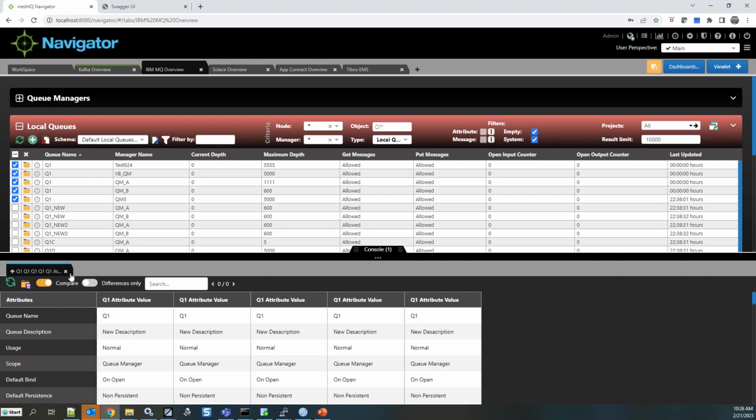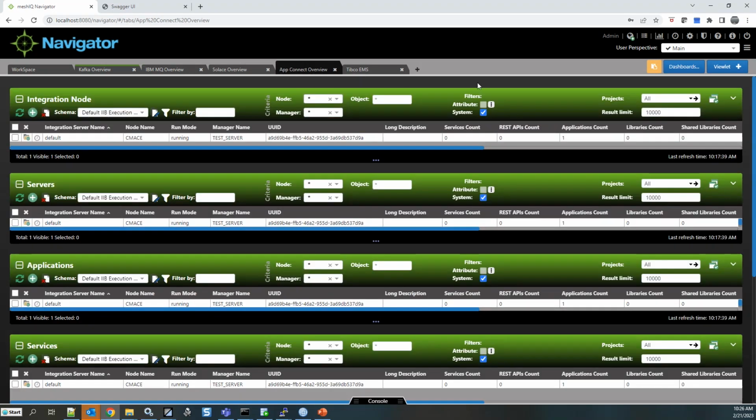This one's on Linux, that one's on z/OS, this one's on Windows, that one's a Docker. Doesn't matter, right? It's all independent. Okay. All right. And again, same thing for the rest.